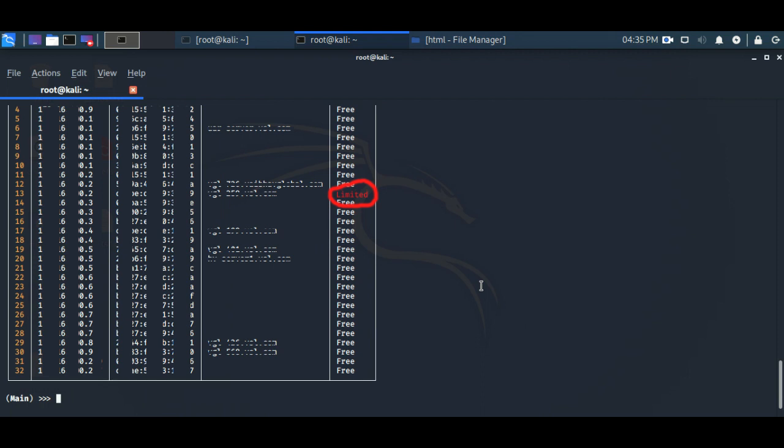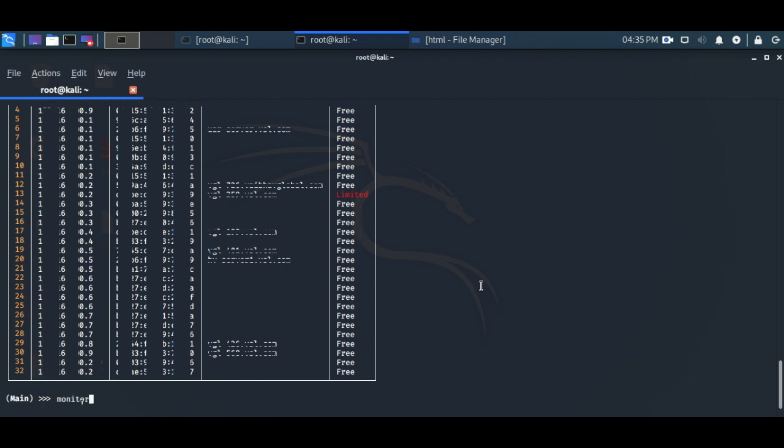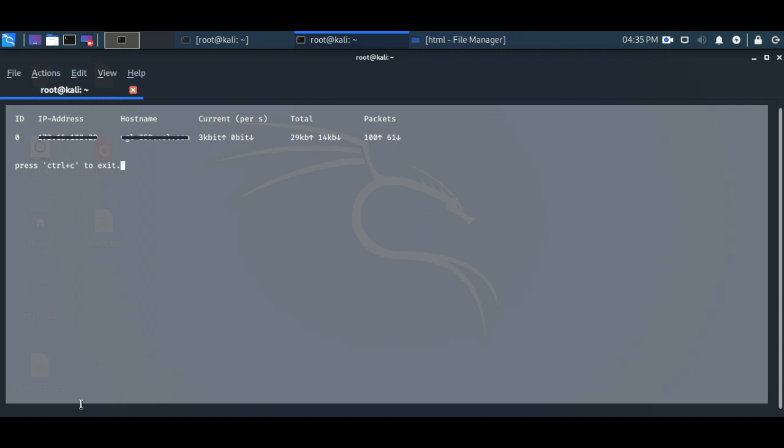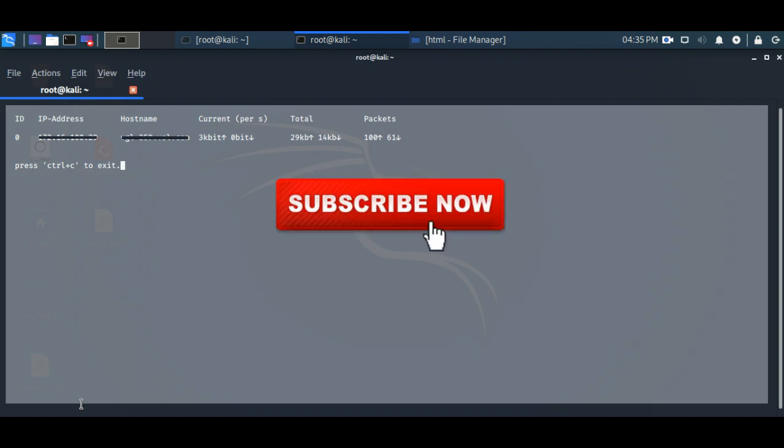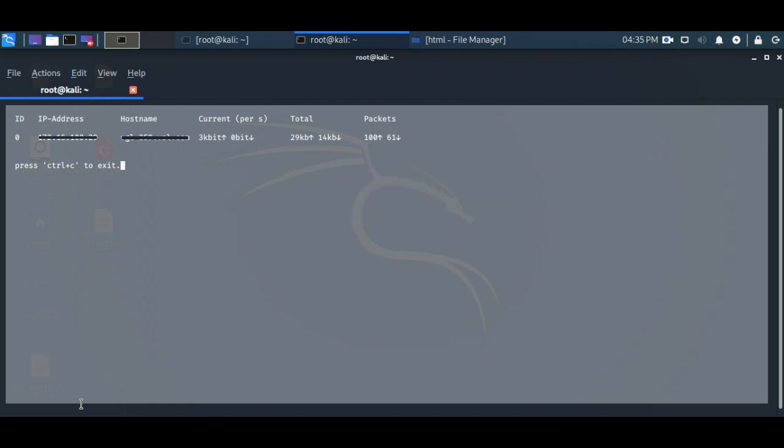And now let's monitor the bandwidth of our target or the selected targets. As I said, you can simply block one or multiple or everyone. So you just need to type the command monitor, and that will show you the current status of the bandwidth for your target. So just press Ctrl C to exit the current monitoring screen, and let's clear the screen to get back to the default screen again,